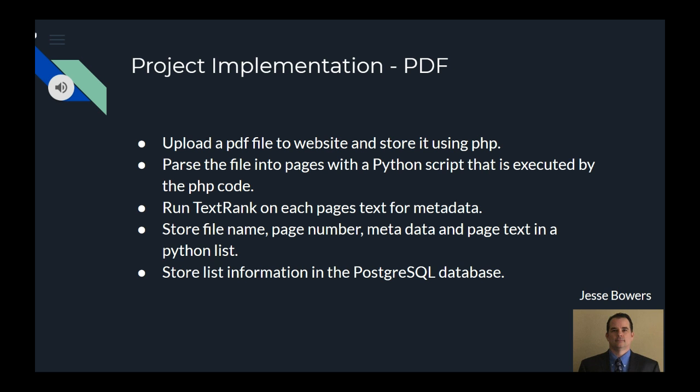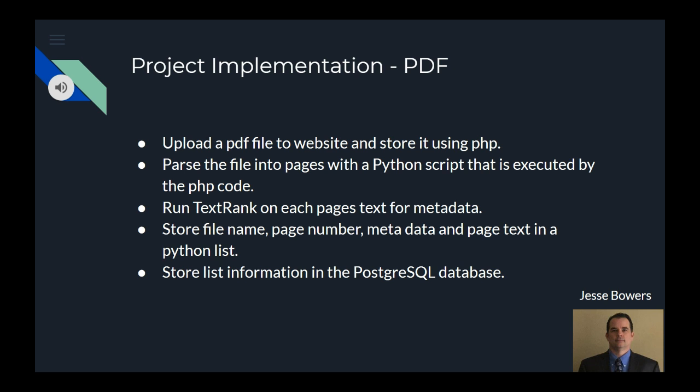So in short, for just a PDF conversion, you go to the website, you have a search file, which is the PHP, the form on the index HTML executes the PHP file, which opens a browser to select your file, and then you hit submit. And then after it's uploaded, the PHP will execute the Python script that parses all the text in the PDF file